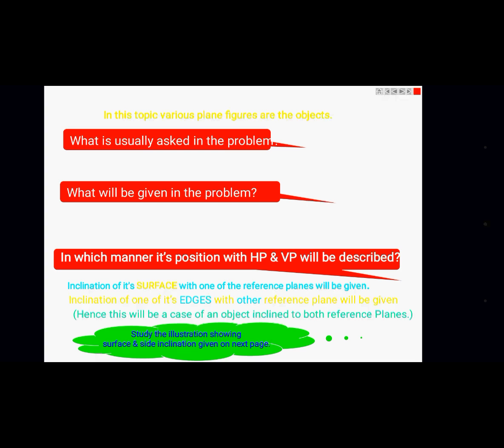Coming to this projection of planes chapter, there are 50 problems solved in the VTU solution book. In the examination you will get one question among those 50. It has a weightage of 25 marks. 60% weightage is for sketching and 40% for computer drawing. So out of 25 marks, 15 marks are for sketching and 10 marks for computer drawing using Solid Edge software.